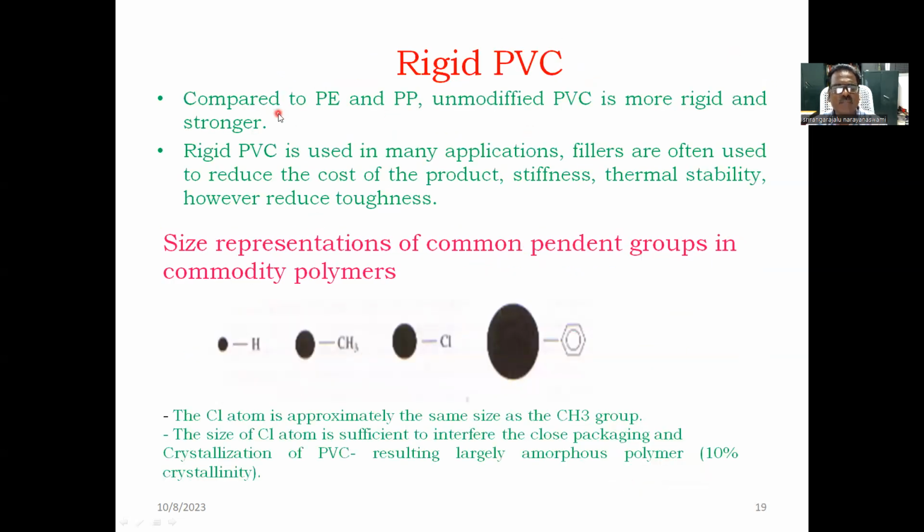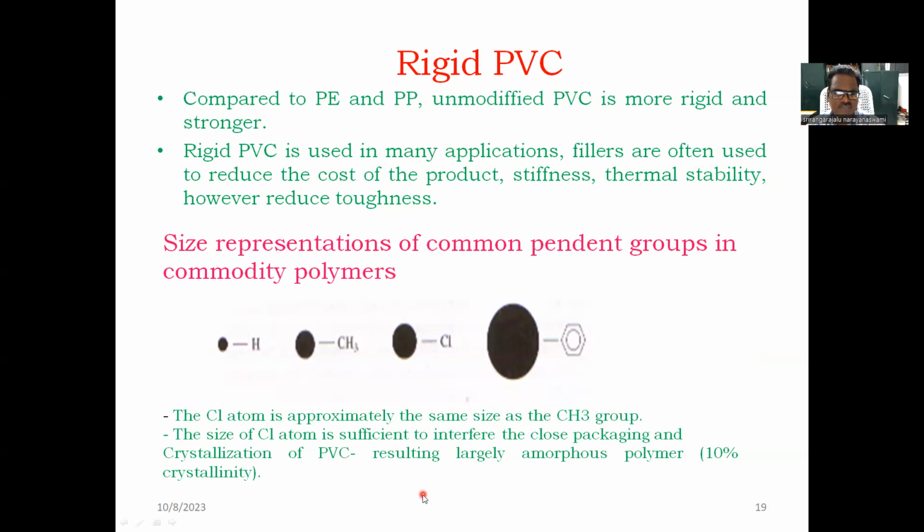Rigid PVC, compared to polyethylene and polypropylene, unmodified PVC is more rigid and stronger. Rigid PVC is used in many applications. Fillers are often used to reduce the cost of the product; stiffness and thermal stability increase, however, they reduce toughness. Size representation of common pendant groups in the commodity polymers: the fluorine atom is approximately the same size as the CH3 group. The size of the chlorine atom is sufficient to interfere with close packing and crystallization of PVC, resulting in a largely amorphous polymer,